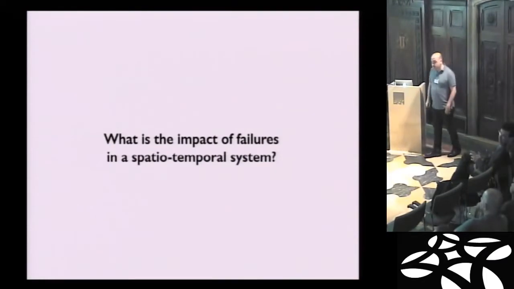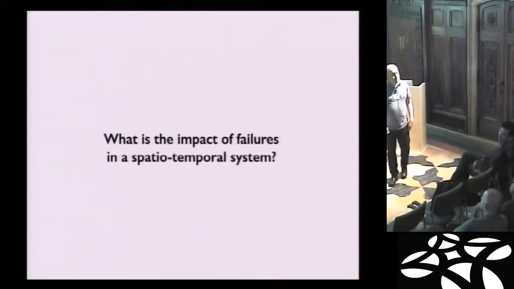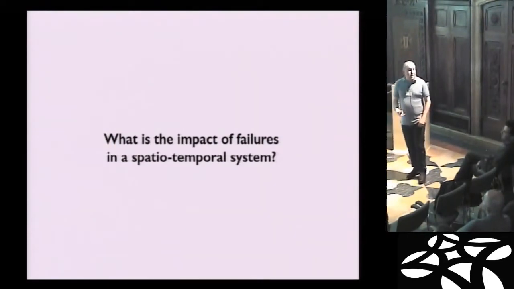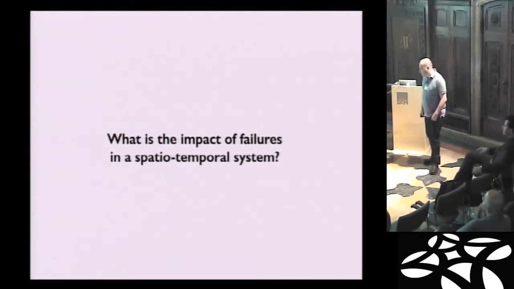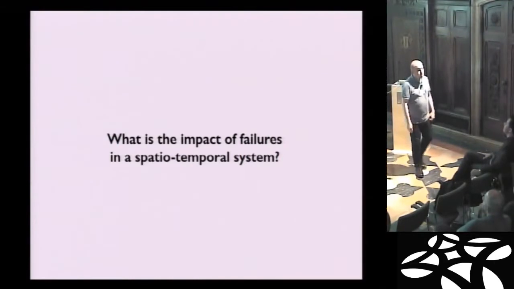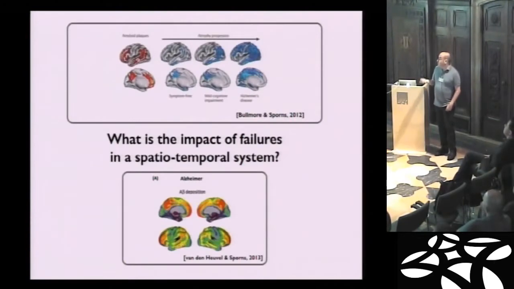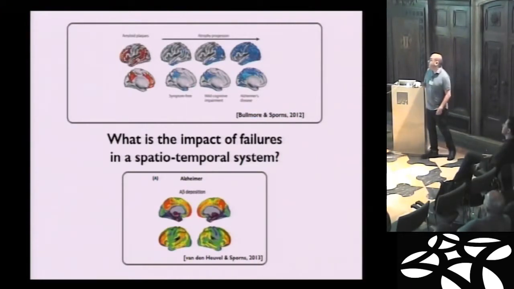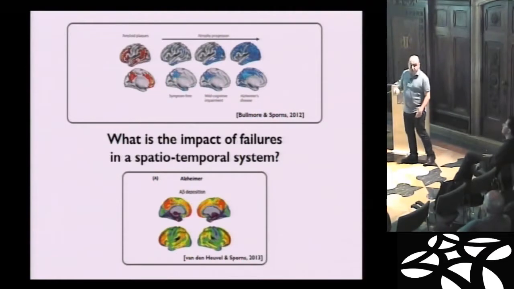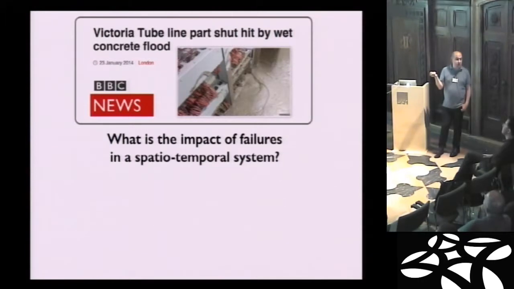So we have this system, and we started to ask some questions. One possible question that is quite interesting is, what is the impact of failure in a system like that? It's very interesting because you can have various types of spatio-temporal systems. One is the brain, and you can study, for example, the dynamics of cognitive processes on the brain. You can study problems of failures in